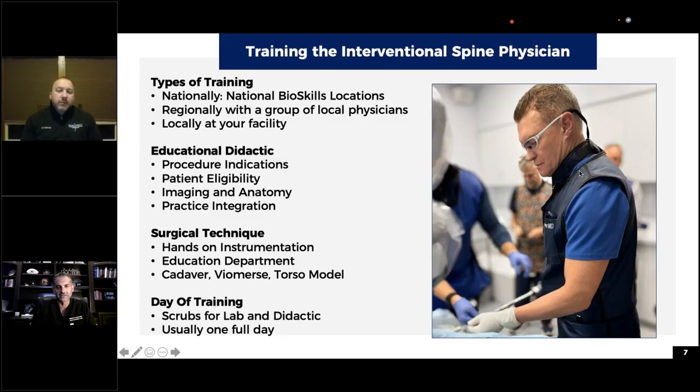We have to kind of figure this thing out on the run, because the previous slides show that there's a lot of patients out there that need to be treated, and our surgical colleagues can't be burdened with doing all of these procedures. There's really just only so many of them. We know neurosurgeons are a limited commodity, as well as orthopedic spine surgeons. So we have to figure out a way to do this safely and effectively. Stephen has always been one of those friendly neurosurgeons who's embraced what our specialty can do, and kind of building those bridges. So Stephen, I'll let you have some words here as well.